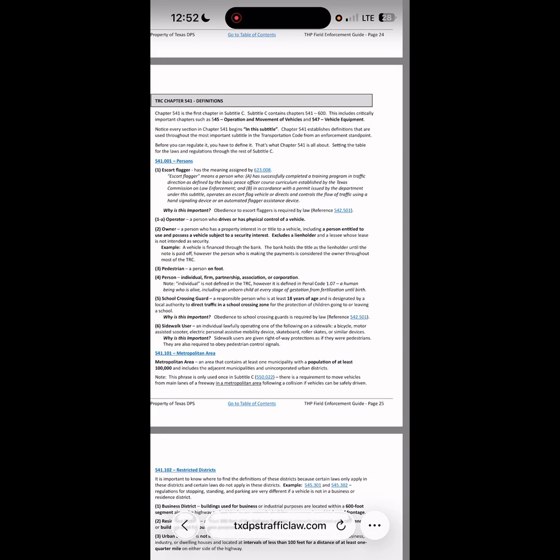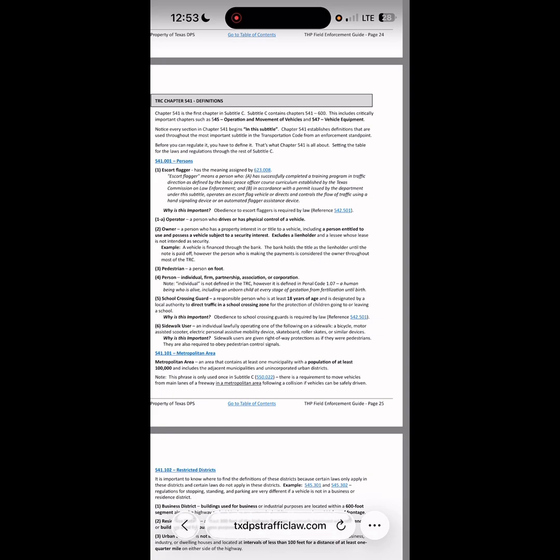5. School crossing guard, a responsible person who is at least 18 years of age and is designated by a local authority to direct traffic in a school crossing zone for the protection of children going to or leaving school. Why is this important? Obedience to school crossing guards is required by law. Reference